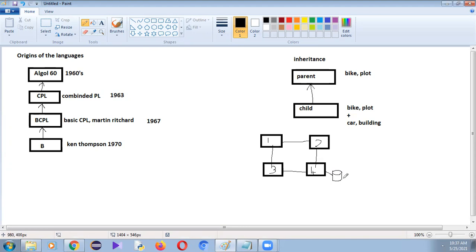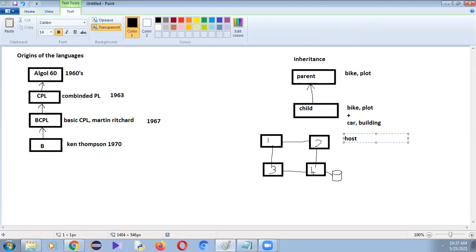Database is used to store the data. So this is called a network. What is meant by network? A network is a collection of systems which are connected to each other. The main usage of a network is reusability of the hardware or software components. Each and every system that is participating in a network is called a host. Each and every host contains a unique ID, which is called the host ID.